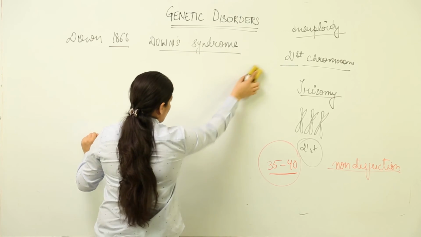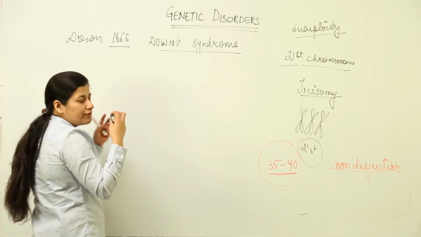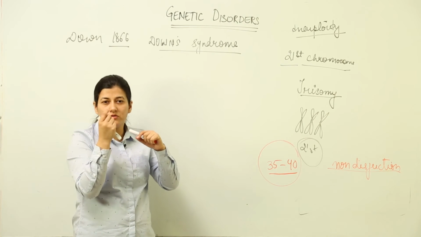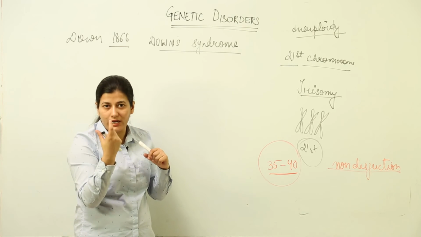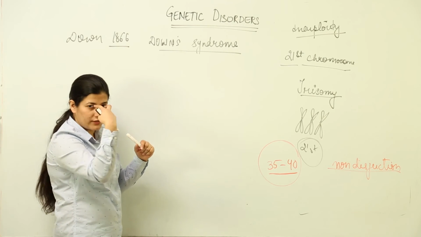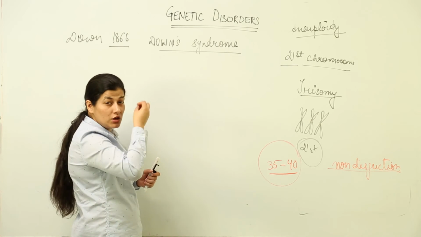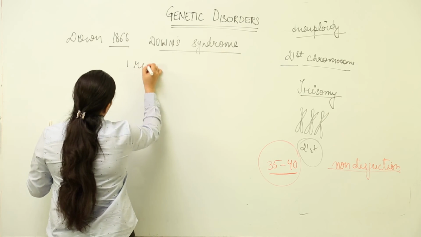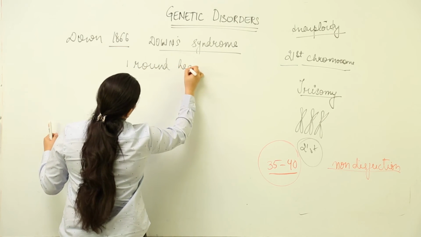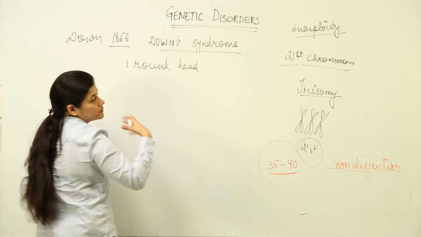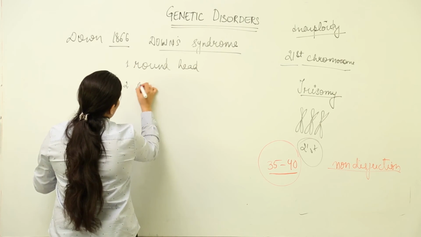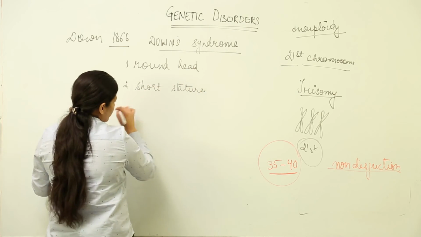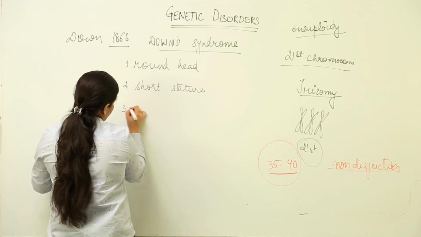Firstly, they have cushioned eyes. At the end of their eyes there is a cushiony arrangement, so you find a certain amount of squint in their eyes. The squint is that the eyes are turned and twisted, with cushions around them. They have an abnormally round head. Everybody has a round head, but theirs is more round. They have very short stature, very short in height.